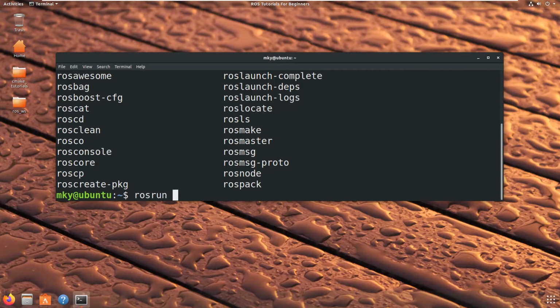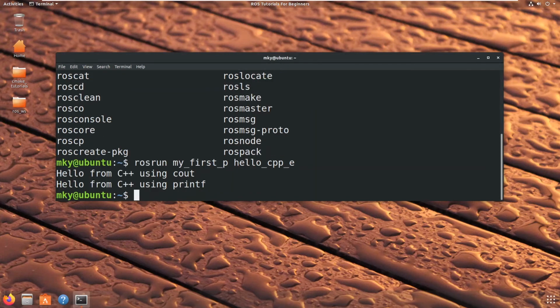After ROS run, we will type the name of the package. Here we will type my_f and hit the tab key to autocomplete. Now we need to provide the executable name. And this way we can complete the whole command. Note that this tab completion will not properly work for this example if you have not run the sdsb command. This was all about the tab completion.